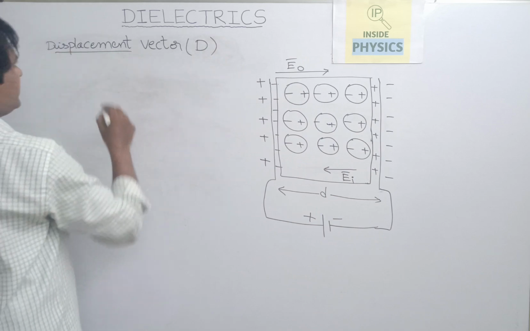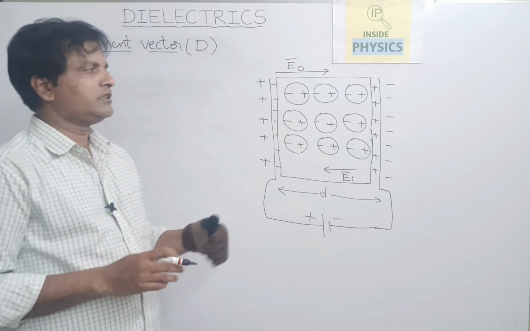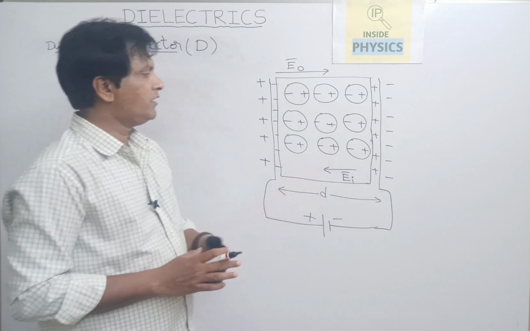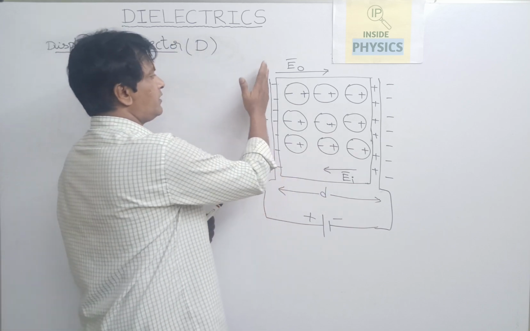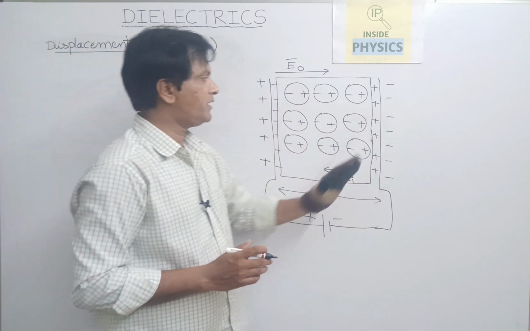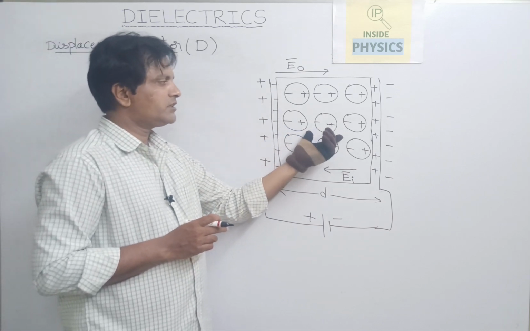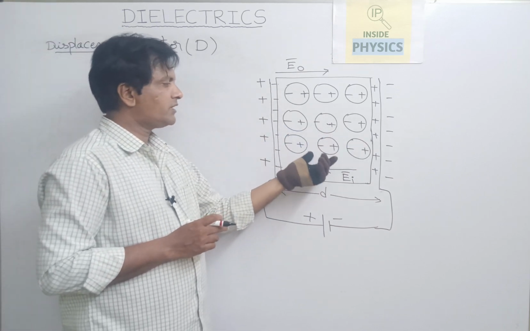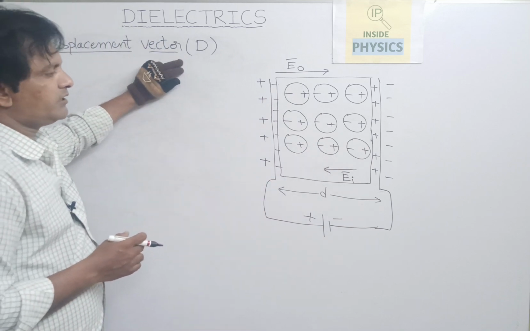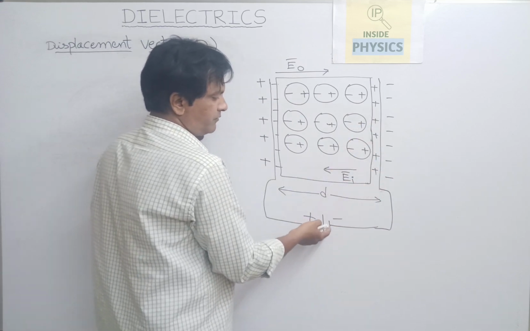means the displacement is related to the free charges here, not bound charges, and so that we understand the bound charges are related to dielectric material, the free charges are available only on the parallel plate capacitor. The plates of the parallel plate capacitor will have only free charges, and all the charges inside this dielectric are bound charges. So, here the displacement means the displacement of free charges, that are electrons, when the EMF of this battery